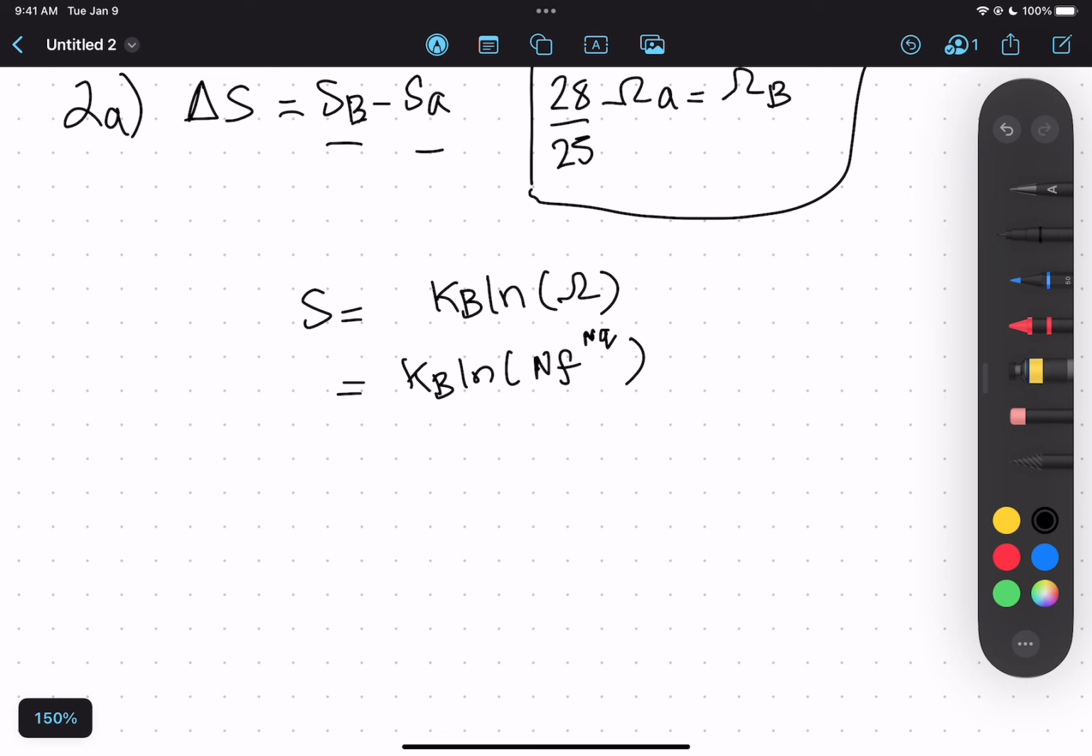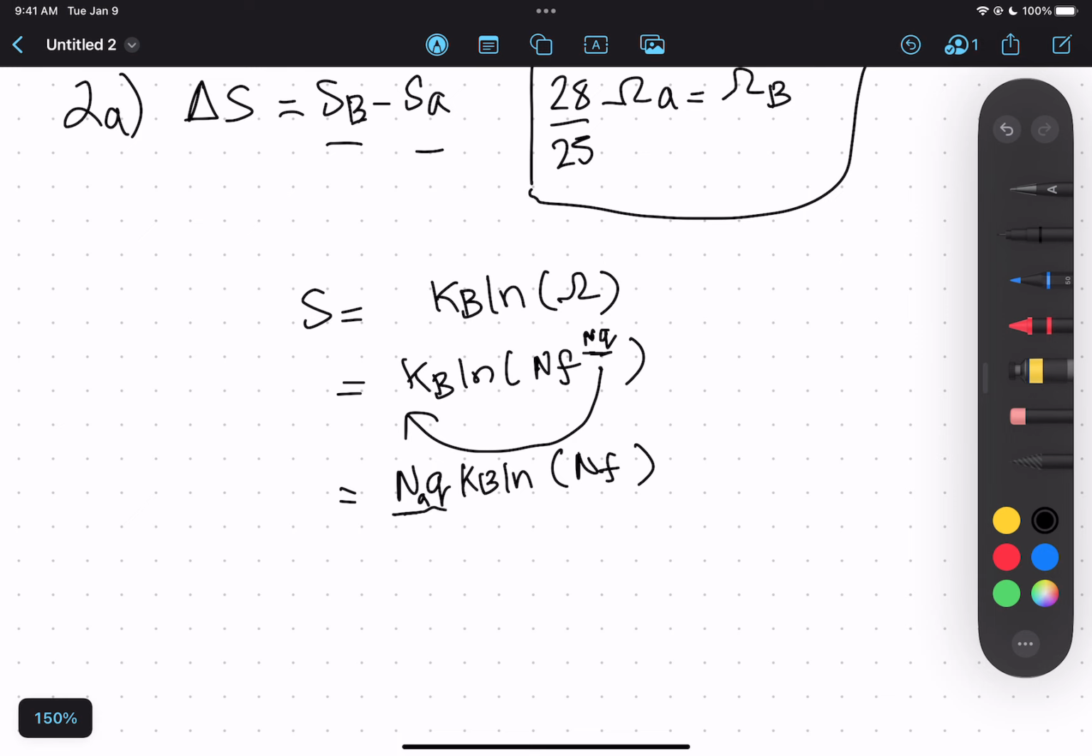So for natural log properties, if you have an exponent like this inside the natural log, you can essentially just pull it out to rewrite it as N q ln, and then you leave the base alone. Now, this N, like we said, is the number of molecules. If the number of molecules we're dealing with just so happens to be Avogadro's number, N_A,